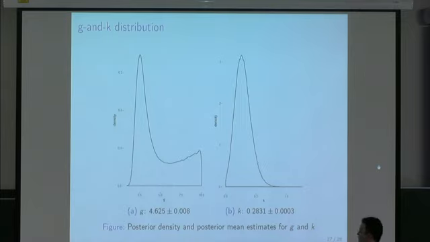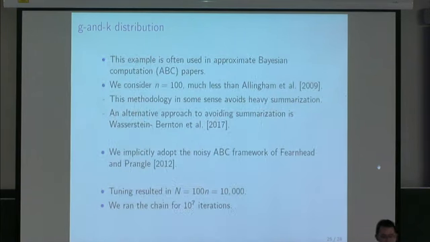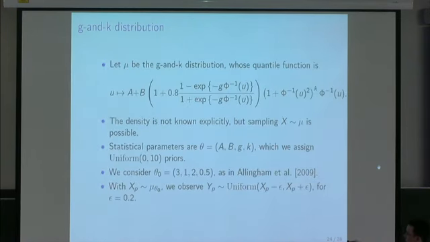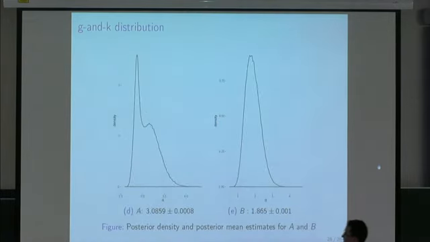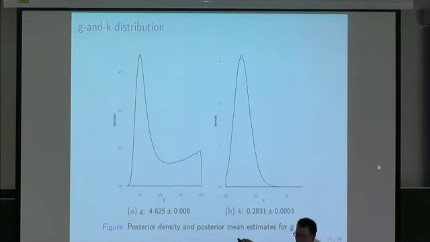Okay, it's worth knowing that recently people have started talking about the fact that you could not calculate the likelihood function exactly, but you could use finite differences in combination with explicit computation of the CDF to almost calculate the likelihood function. And in that case, you don't get this kind of weird behavior for the g. So it looks like the use of ABC and this uniform perturbation of the data does result in more difficulty in identifying little g, but it's not so relevant for the rest of this talk.